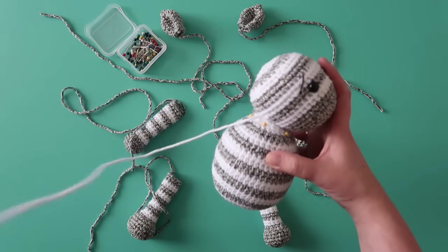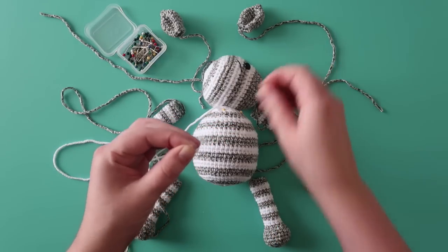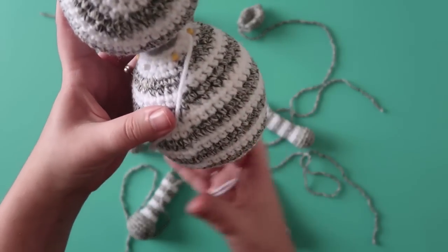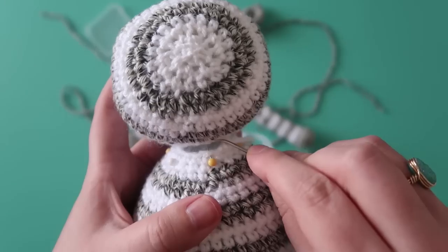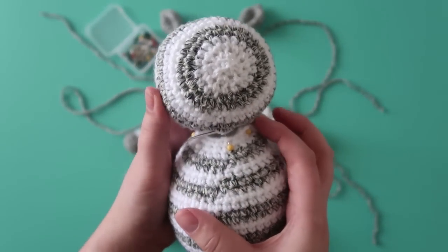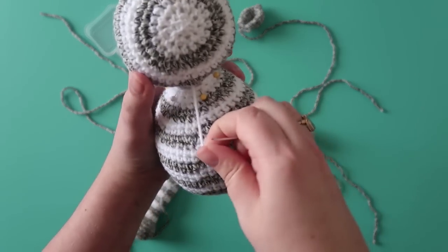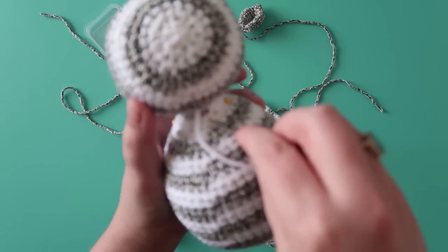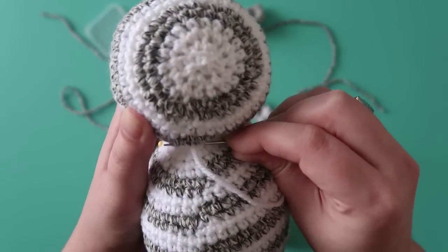So I take this string that I left from the body, thread my needle, and I begin sewing. I always leave it attached from the back just because. So I'll bring my needle through the head. And take this pin out because that's where I want my next stitch to be. I go through the bottom, grab some from the top,